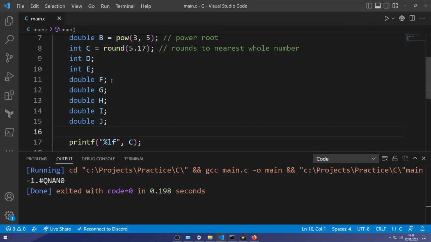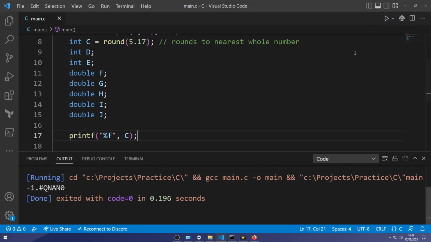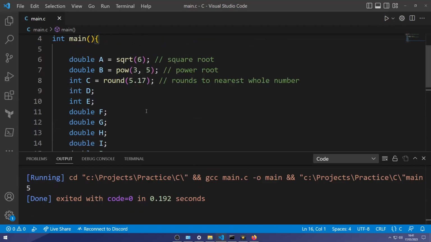And that's because I didn't change the percent sign. It's expecting a float, but it's only getting an integer. So we got to call it properly. And an integer, it was not f, it was d. So remember, integers are d, and doubles are lf.